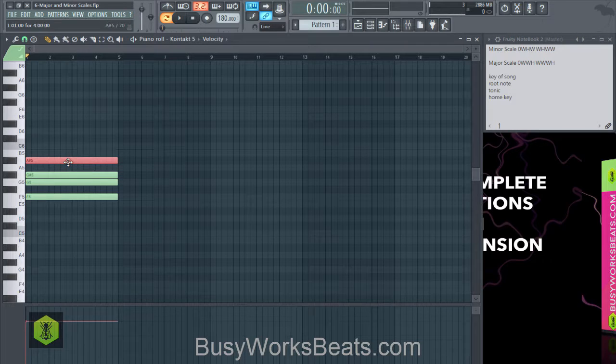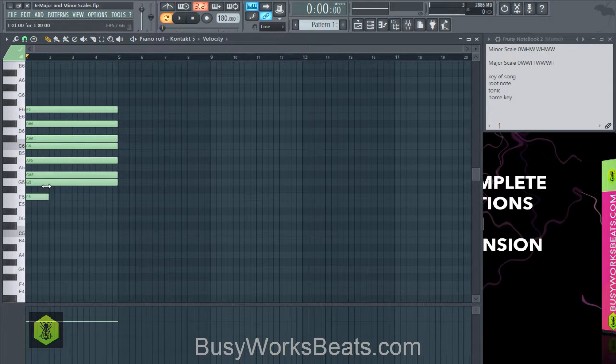So starting at A sharp, where the little break in the code is, we're going to go whole, which is two keys, 1, 2. And then we go half, which is 1 key, then whole, whole. And now we have a full octave of the scale. So if we stretch these out into different notes,